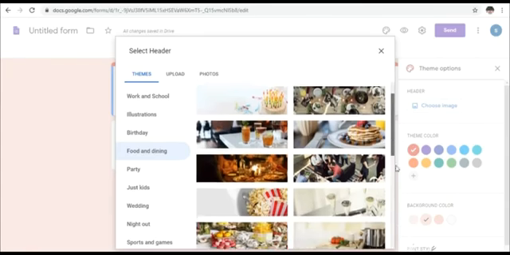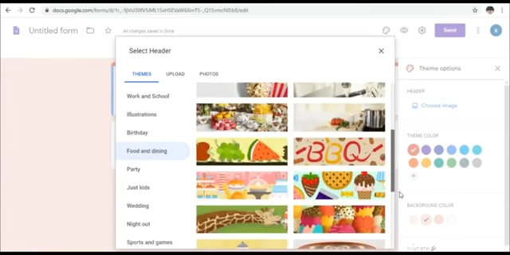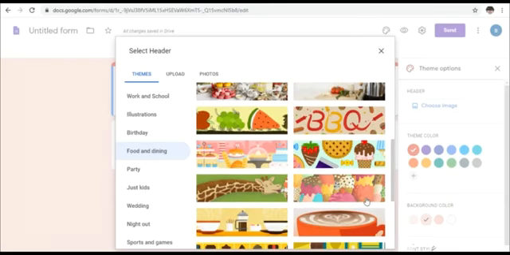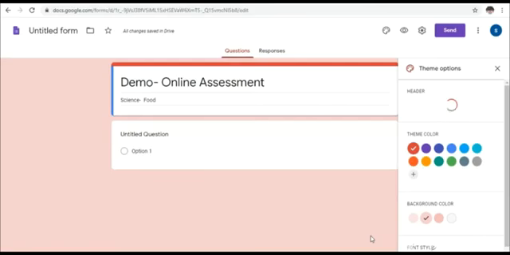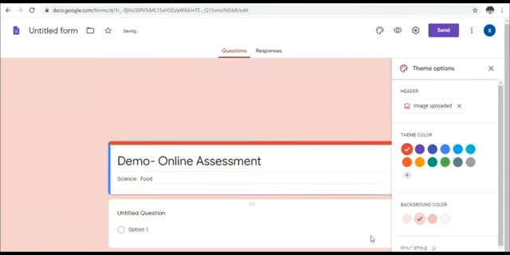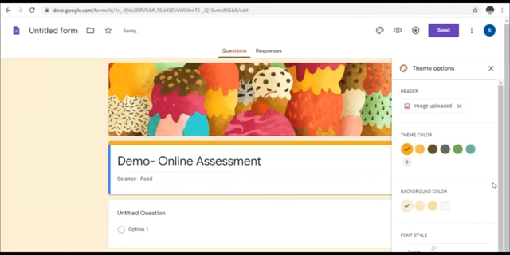So insert, and the image will come like this. So this is your Google Form page. Now you can start filling up your questions.